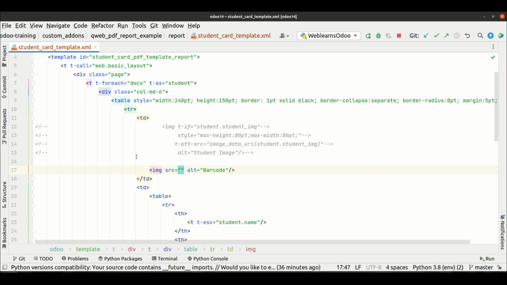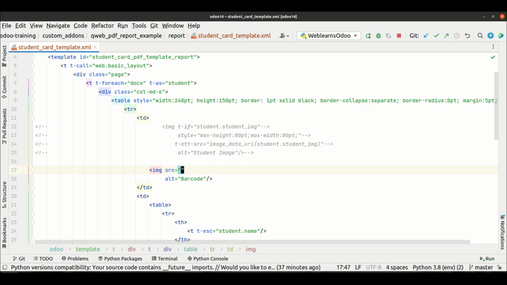I'm leaving this part to you. Once this PDF report is generated, it will also generate the barcode, and make sure you try to at least scan this barcode on your mobile phone, so you get the exact idea of what is inside the barcode. Here we have to add this simple src tag,